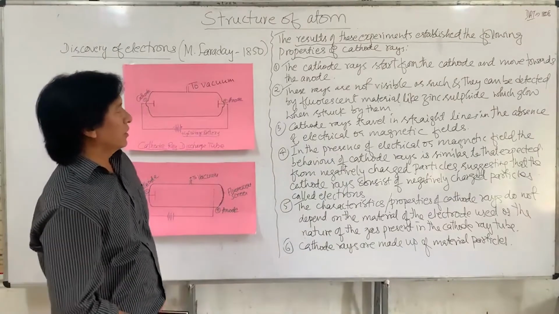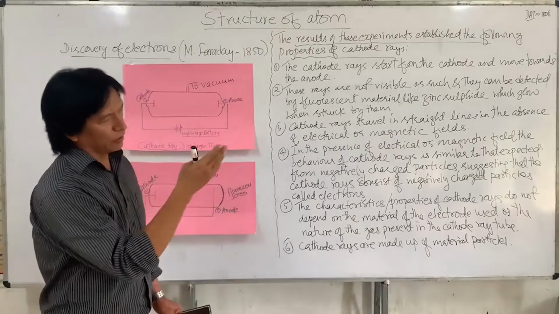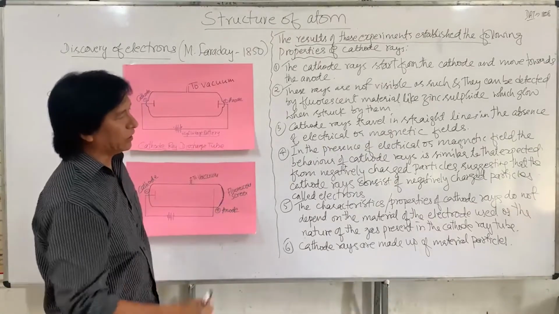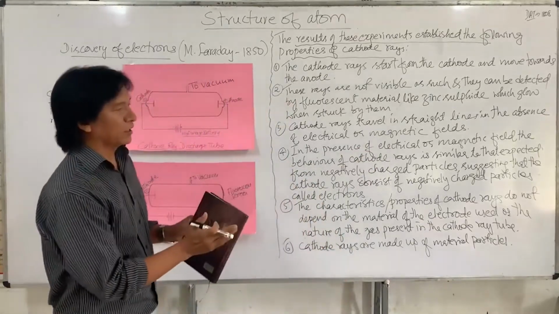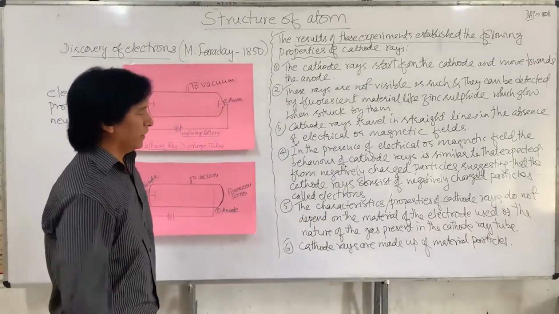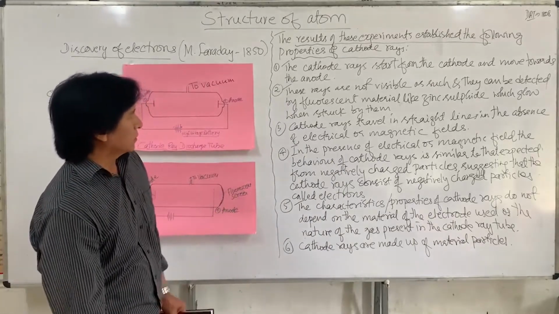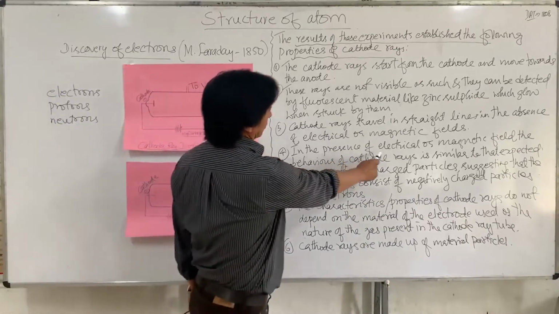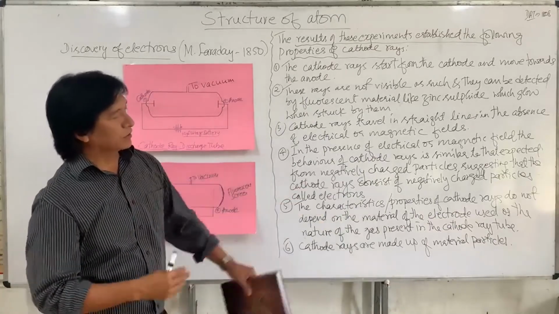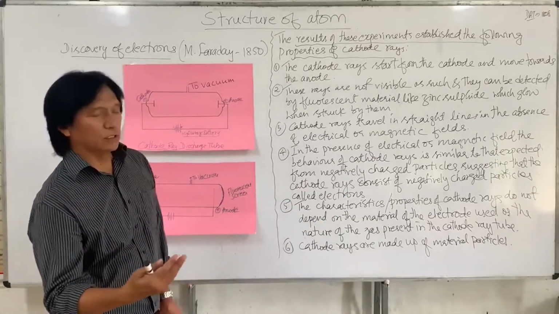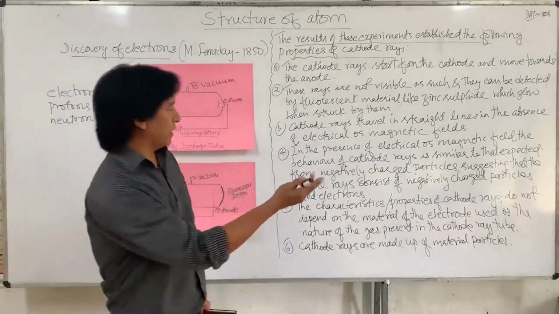And then the third property here is that cathode rays travel in straight lines. So these cathode rays always travel in straight lines like light in the absence of electrical or magnetic fields. So when there is no electrical or magnetic field applied, these cathode rays always travel in straight lines. The fourth property here is, in the presence of electrical or magnetic field, the behavior of these cathode rays is similar to that expected from negatively charged particles, suggesting that the cathode rays consist of negatively charged particles